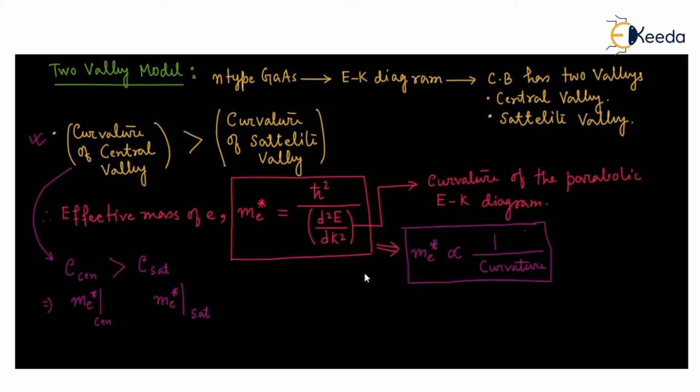In this case, the Me star satellite will be greater than the Me star of the central. That means from this we can conclude in this way